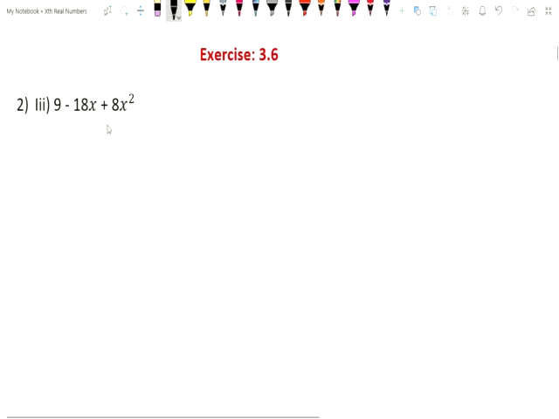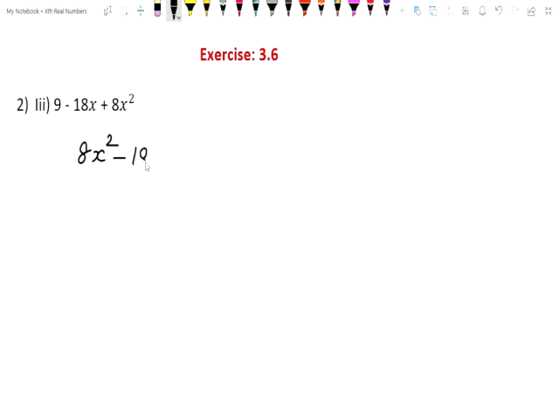Second Roman, third question: 9 minus 18x plus 8x square. First you should arrange in descending order. Descending order means big to small. We have to see the powers. Here the powers are 2, 1, 0. So 8x square